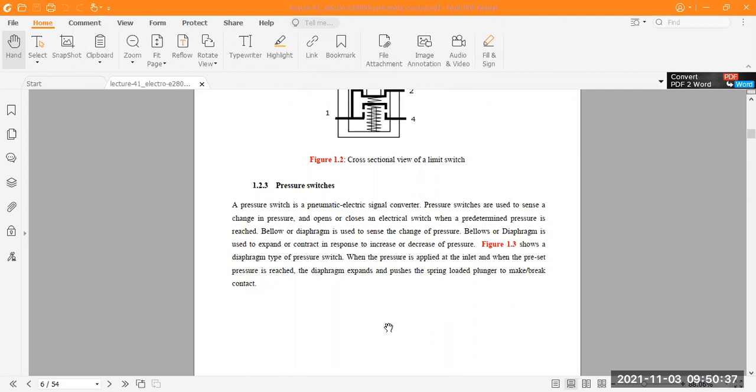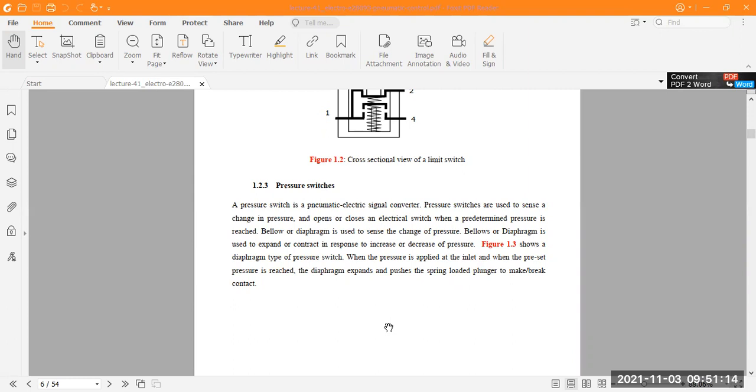This pressure switch is a pneumatic-electric signal converter. It is applied in pressure measurement systems in our process industries. These pressure switches are used to sense any changes in pressure. When you have to measure the flow rate of a tube or a system, you use different types of pressure switch, that means bellows or diaphragm, to sense the change in pressure coming into this device.